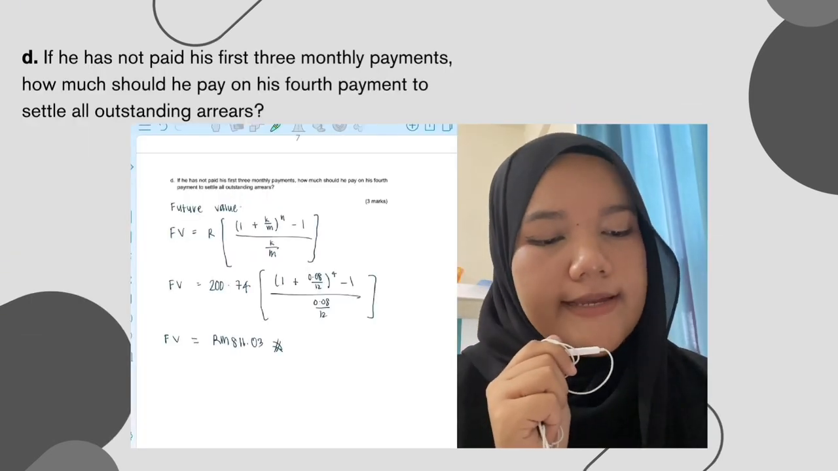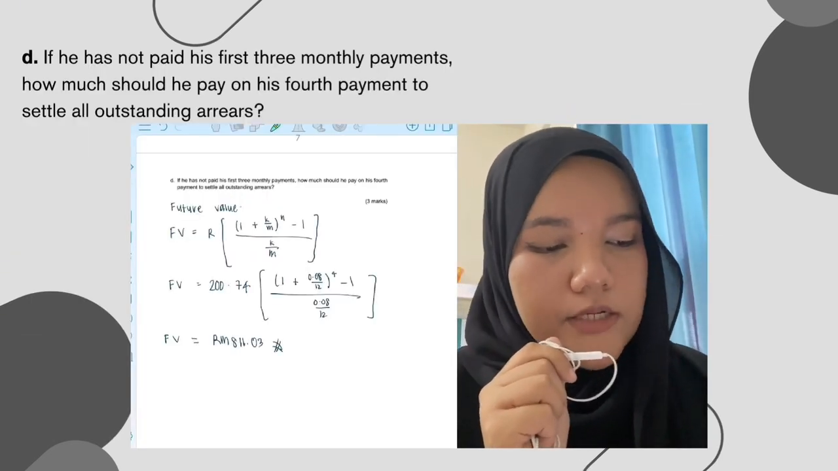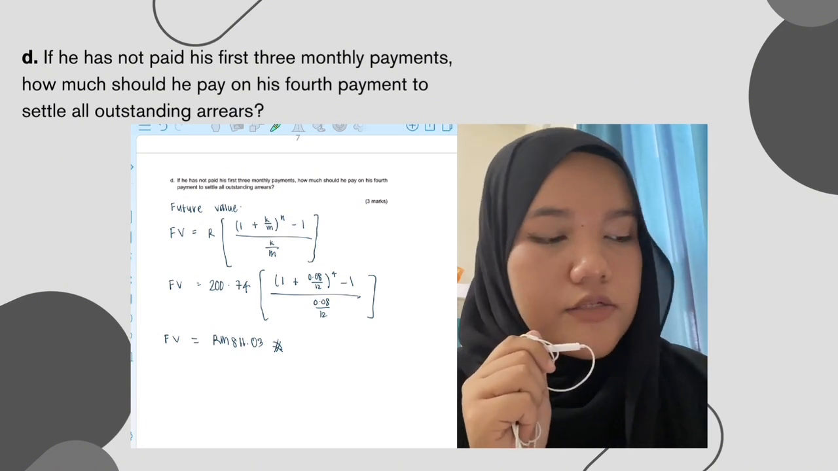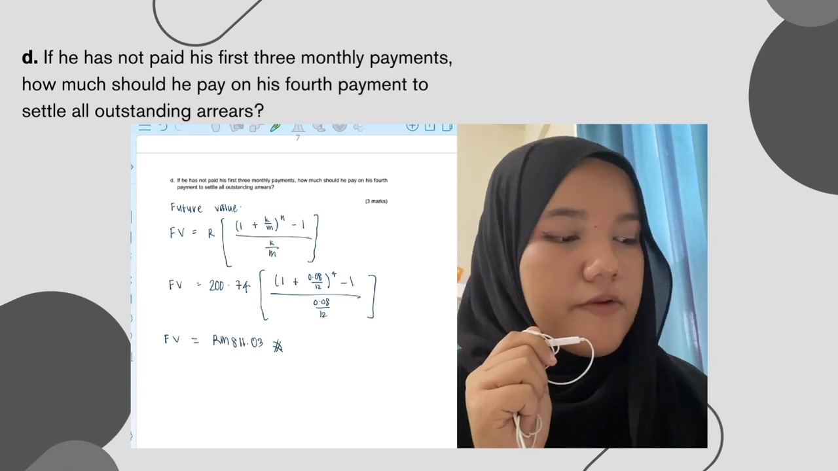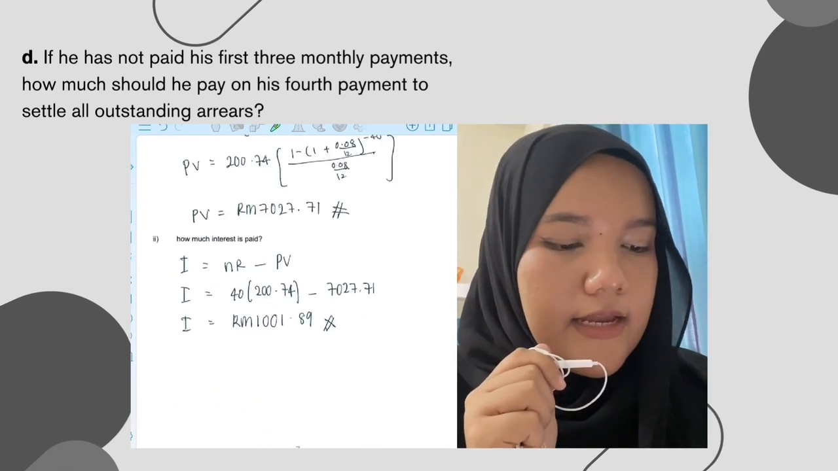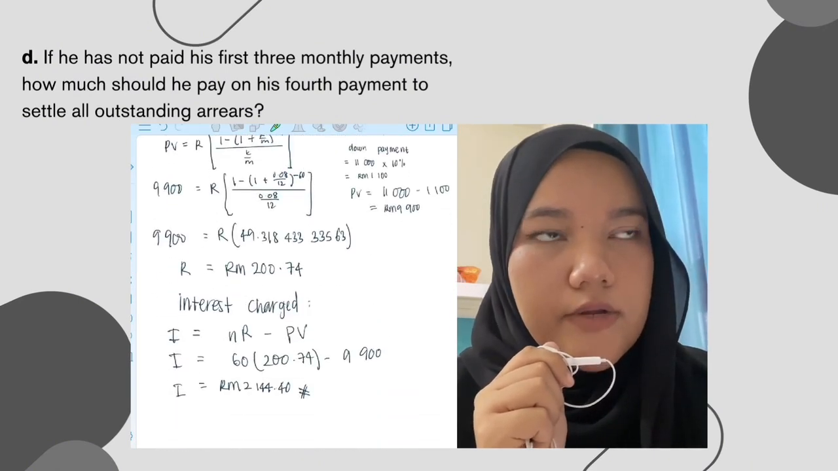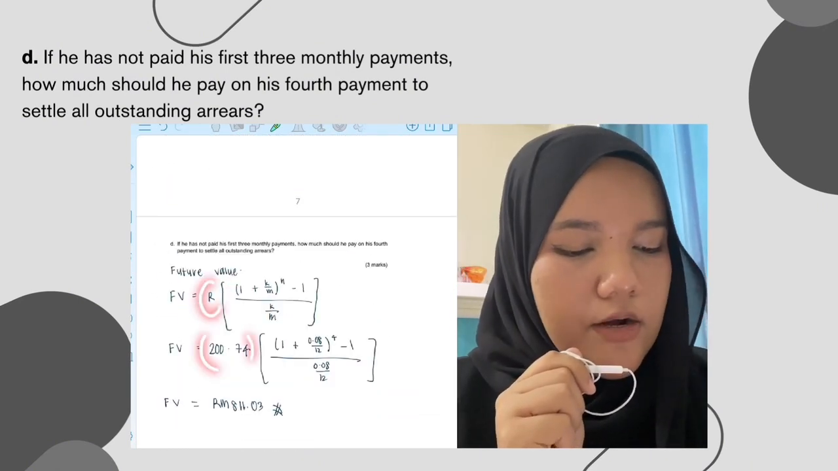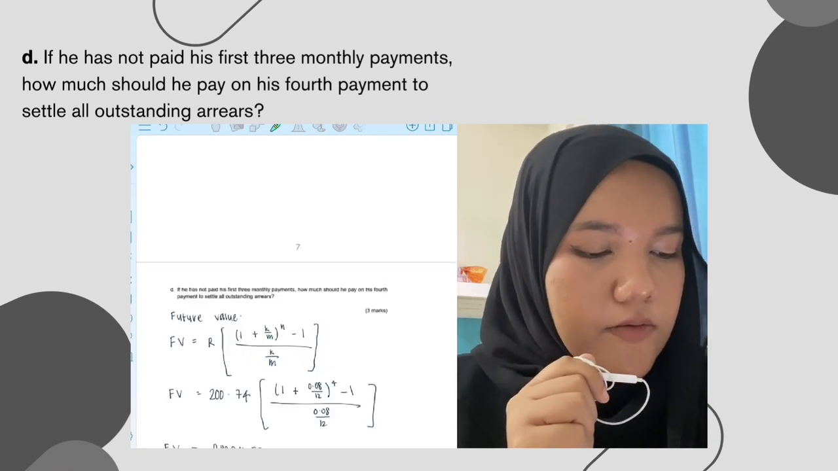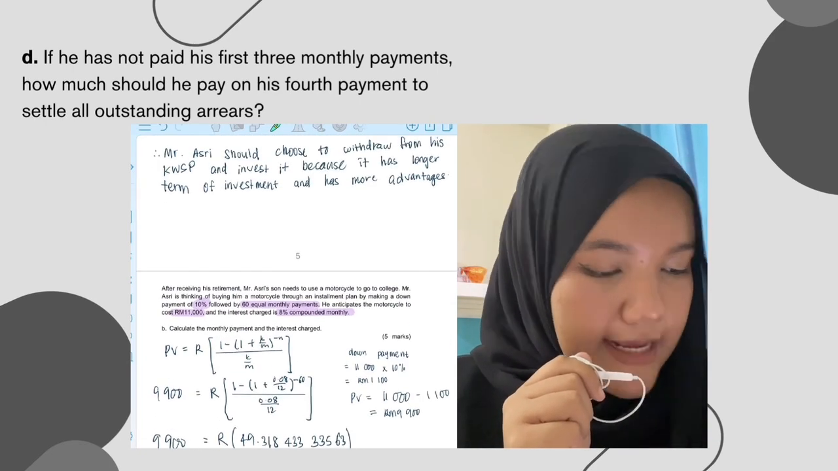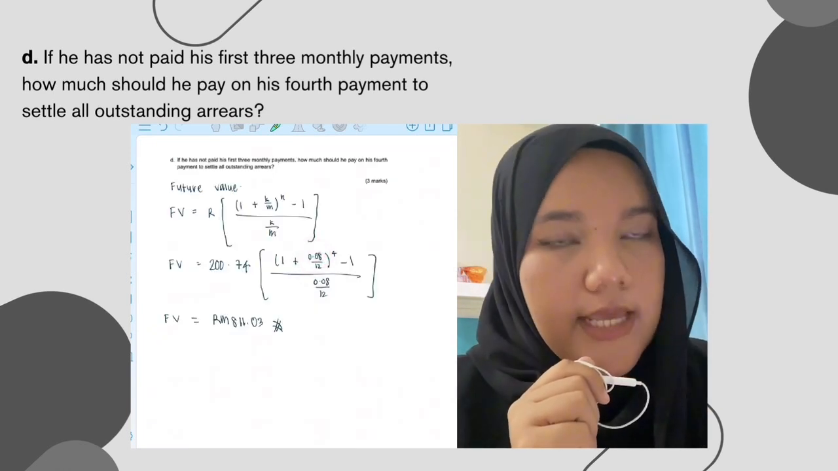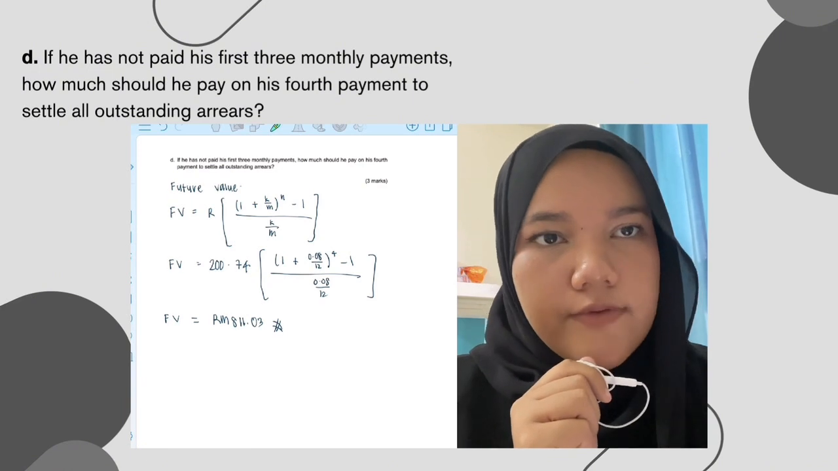If he has not paid his first 3 monthly payments, how much should he pay on his 4th payment to settle all outstanding arrears? So, in this question, we are using the future value formula. Well, first, we have the R, which we have calculated, and it is 200 ringgit and 74 cents. So we will replace the R with 200 ringgit and 74 cents. For the K over M, we would use the 0.08, which is this. So K is 0.08, and the M, which is the frequency of the conversion, is 12